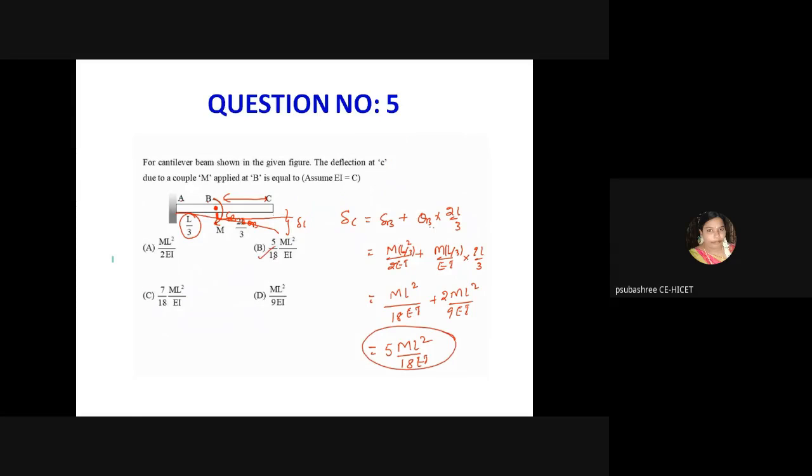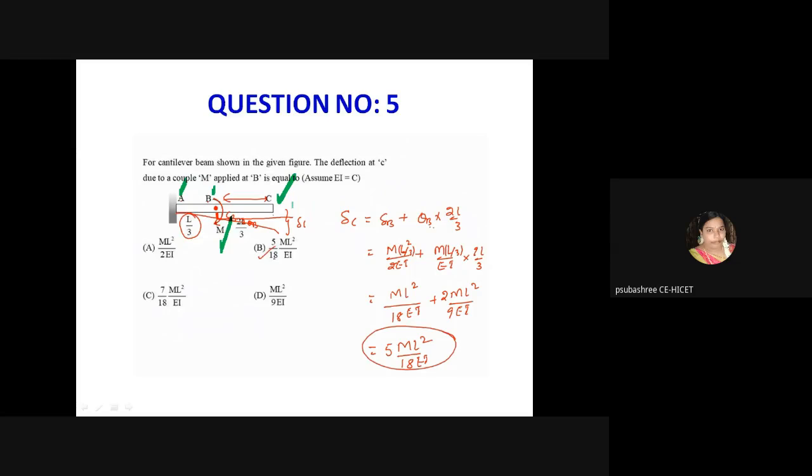Next question. For the cantilever beam shown in the given figure, the deflection at C due to a moment M. So C point is here. Due to moment capital M applied at B point. The first support is A, the middle point is B and the last point is C. So the deflection at C due to moment M applied at B is equal to,